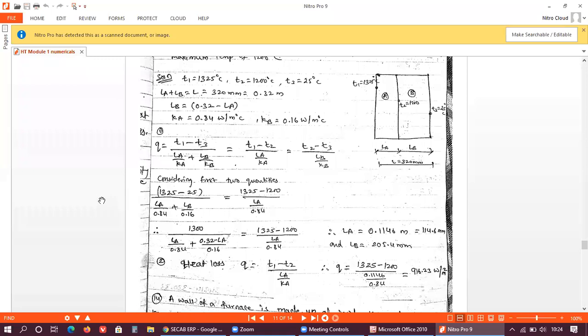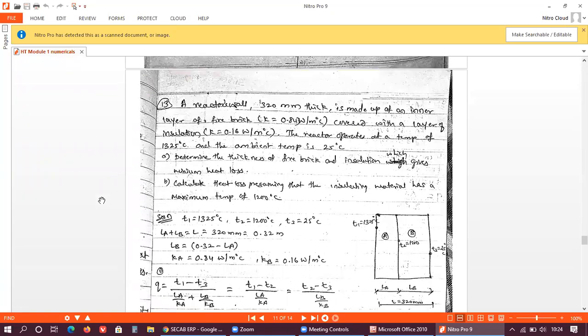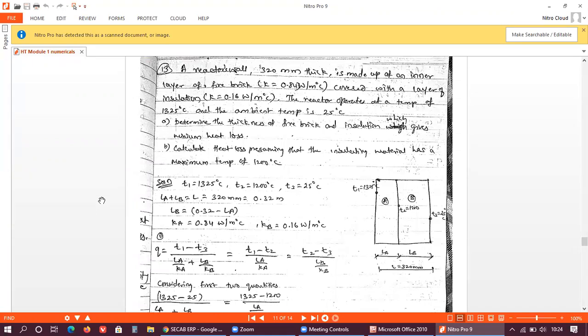So no doubt I have. Almost all the problems I have uploaded in your 6th semester group. These numericals, you can work on these numericals. Problem number 13 है देखो. So this type of problems you'll get in your internals as well as in your external. ये इंटरनल एक्सटर्नल में ऐसे कंपोजिट वॉल के प्रॉब्लम आते हैं, 2 वॉल, 3 वॉल, 4 वॉल के प्रॉब्लम्स आते हैं, तो थोड़ा आप लोगों को इसके ऊपर वर्क करना पड़ेगा.